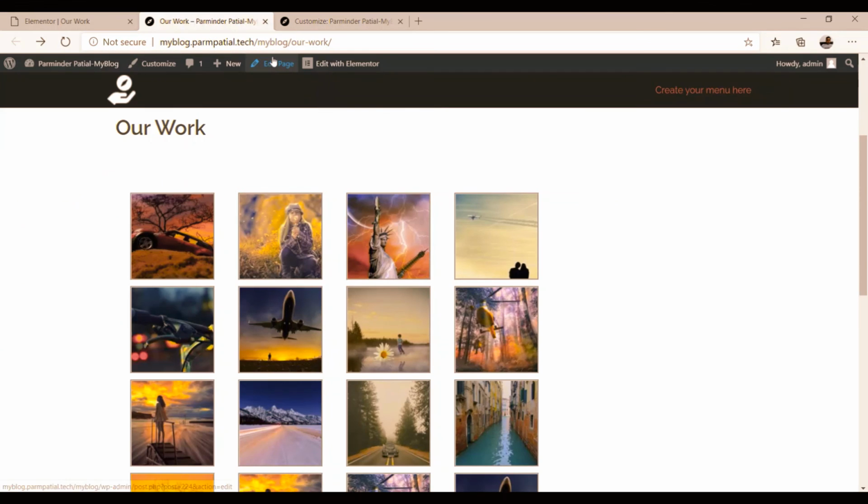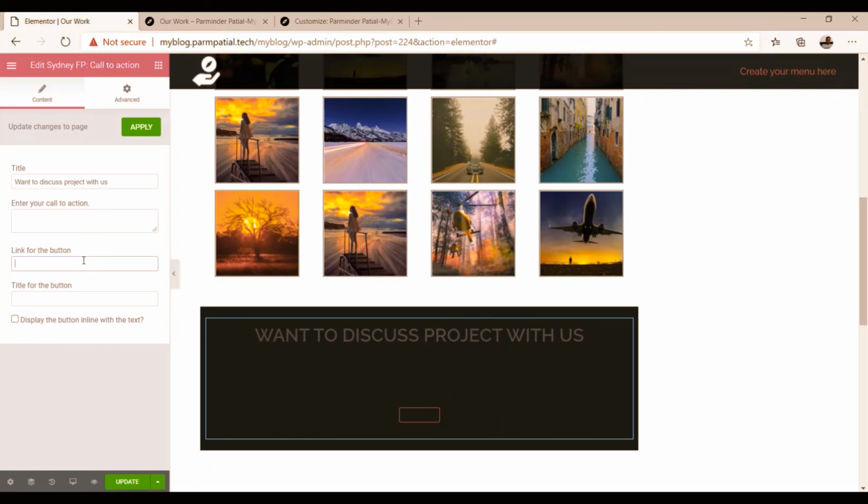So in order to give the link to this, I will select this, from there to there, and I will use Control C for copy. Here I'm going to use Control V for pasting it here, and here I have to give the name of the page. Contact us is the name that we created previously. And here we wanted to give the title that we wanted to display on this button. So I'm just using contact us as the title here.